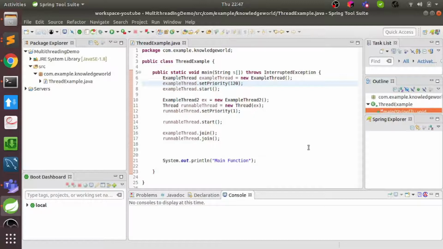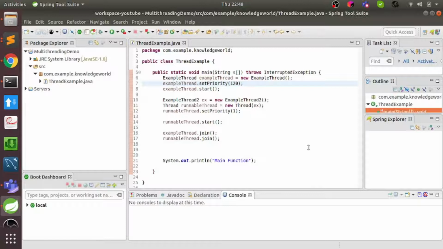So what wait and notify do is allow us to do this coordination between the threads. The wait method will cause the thread to wait until another thread invokes the notify function or notify all function. Or we can also specify a timeout with the wait. So if I specify a 5 seconds timeout, then the thread will wake up after the 5 seconds timeout.